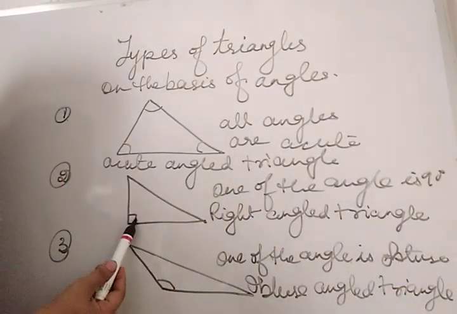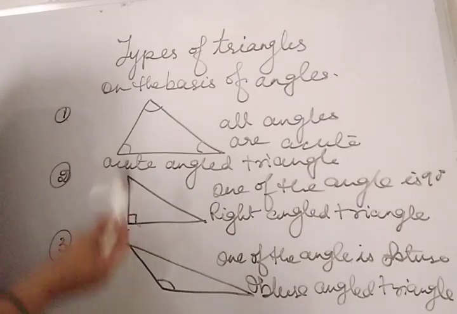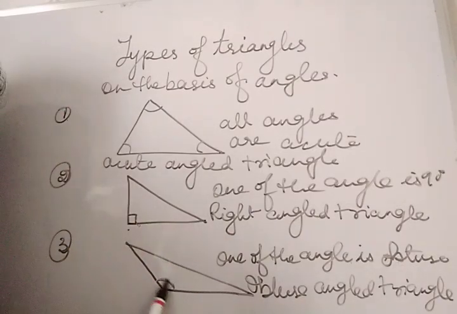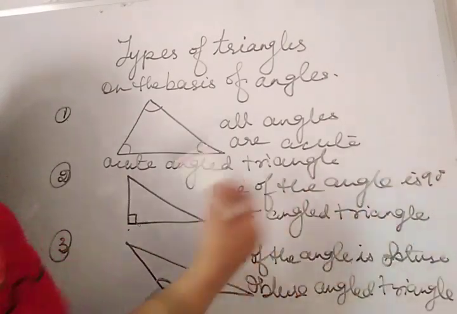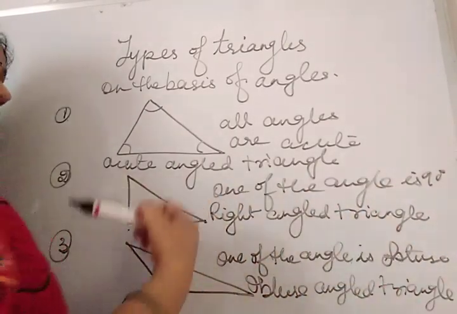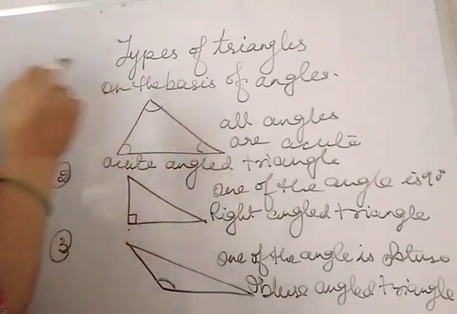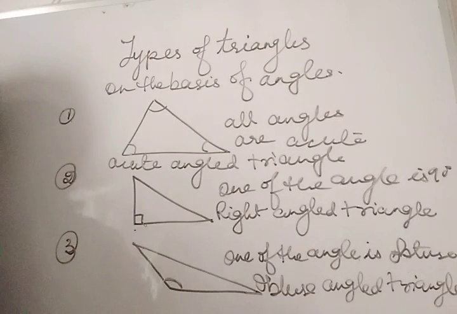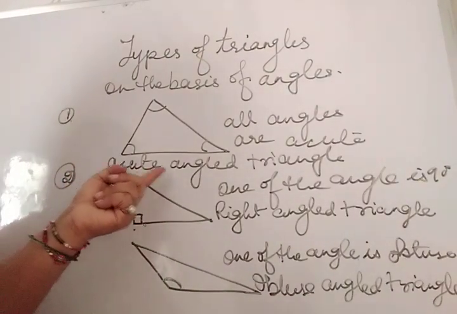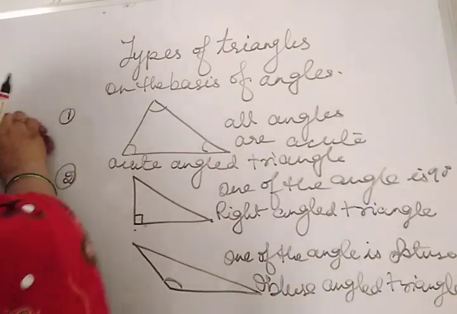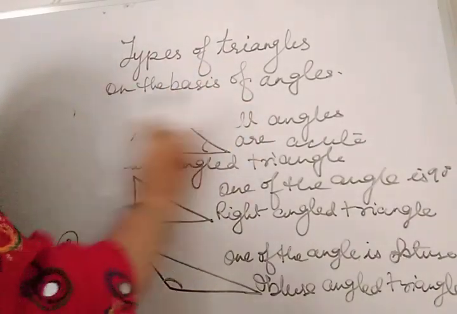A triangle can have only one right angle and only one obtuse angle. Okay, that is why we have written here one of the angles is a right angle and one of the angles is an obtuse angle. And a triangle can have all three acute angles. So if all angles are acute, then only the triangle is said to be an acute angled triangle. Okay, now on the basis of sides,